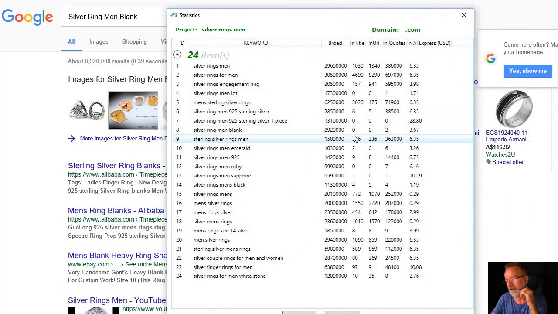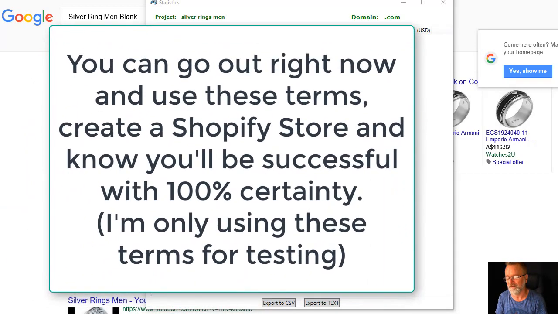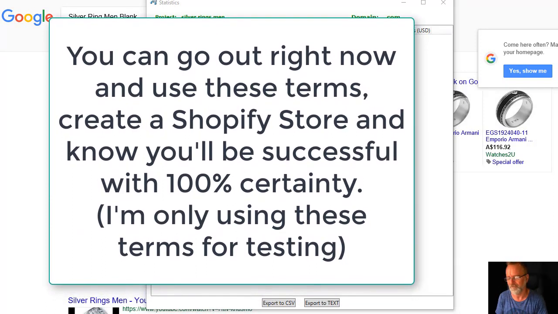So not only have we found the ones that are easy to compete for in Google, and we have the prices for which we can get them for, I've now proven it in Google using LiveRank Sniper, creating live events for each of those terms to see which ones hit the first page of Google or first or second page. Now what that means is this: once I've proven it, I know 100% before I go and invest any time and money into creating a Shopify store that that Shopify store is going to rank for those terms that I've got videos in Google now for already. That's 100% proof of free traffic for